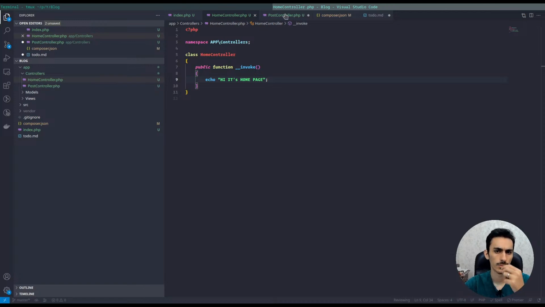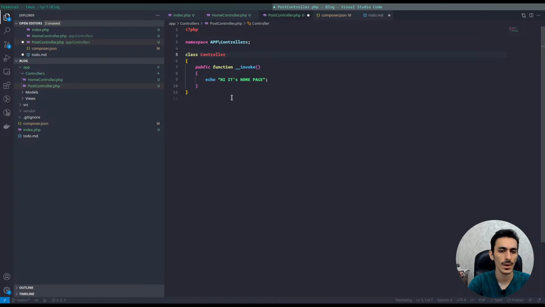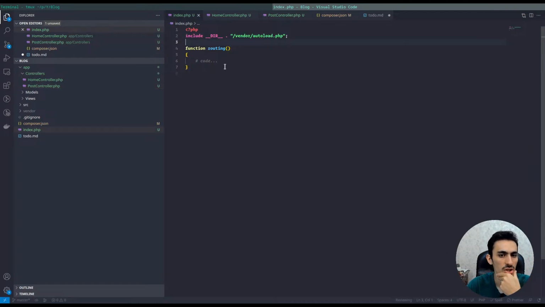Okay. And for posts I should copy all of the things and make it PostController. Here we have one, and we just need the single page of the post where you can see the post in detail. So this is a post page. It's good, I think. So for routing,